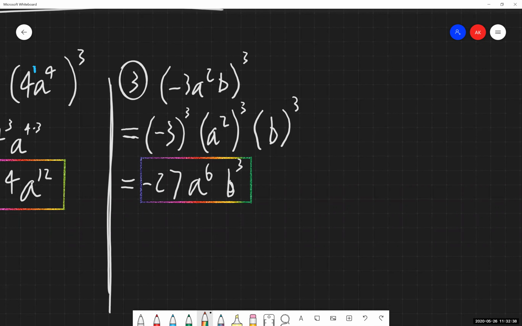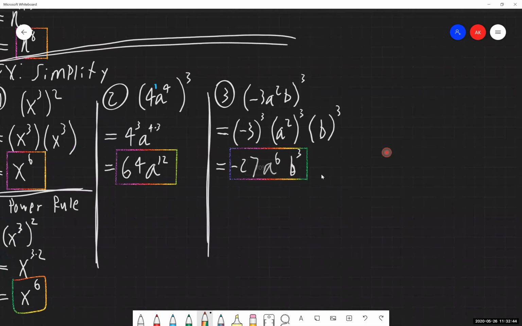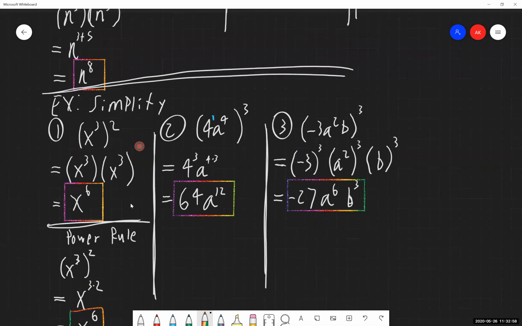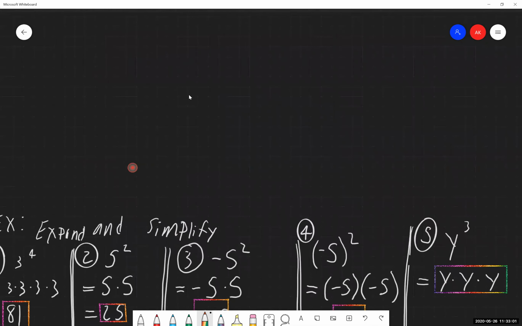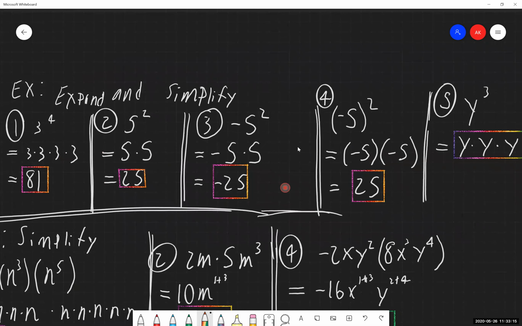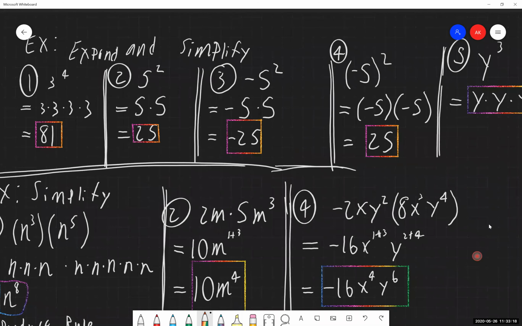So again, I cannot emphasize it enough when you are going through these problems: correctly identifying the base of the exponent is absolutely critical. And what's nice about having these rules, these properties that go along with them, is they save us time from having to write things out in all these expanded forms, kind of like what we did with our first examples up here. Every single one of these problems that we just did down below, you could expand all of these out if you wanted to. You're going to use a lot of paper doing that, but use the properties also to make your life a bit easier in terms of how much we have to write out.